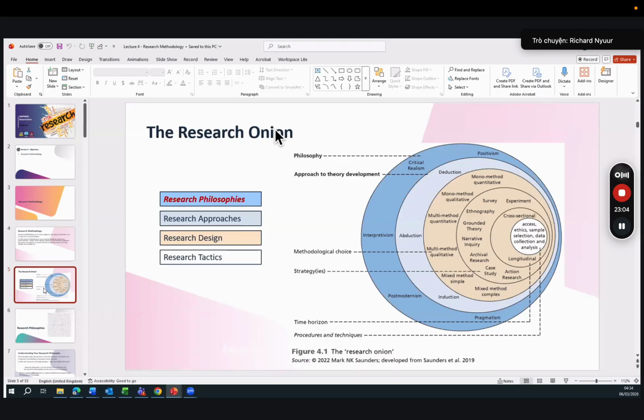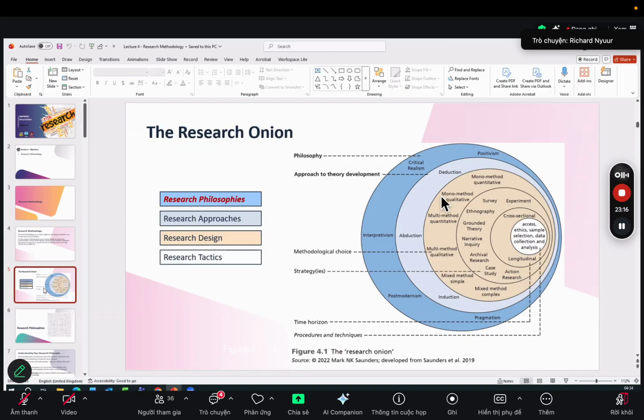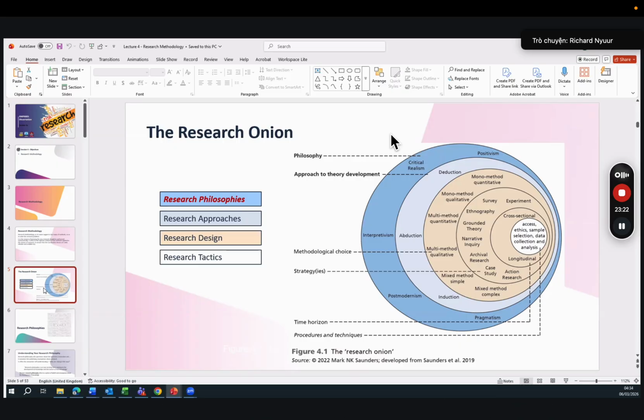Normally, if you look at Bell and his colleagues, they've used Saunders and others' research onion as an example to demarcate the various aspects of a research methodology which you would need to cover. Usually it starts with the research philosophies, and for the methodology chapter, that will be the first thing after the introduction. There are a number of research philosophies,